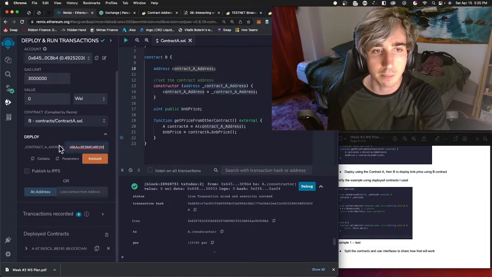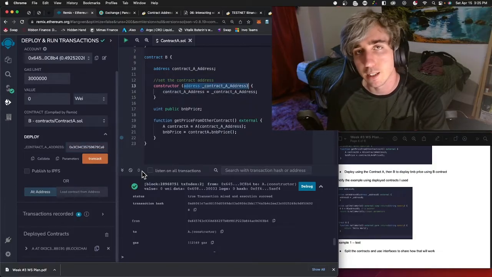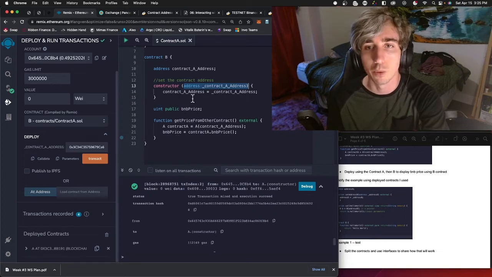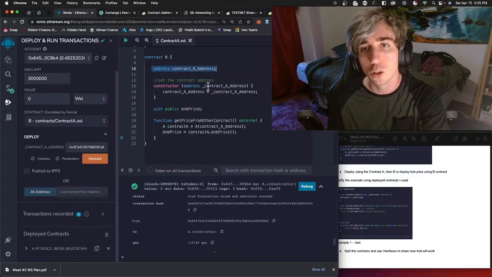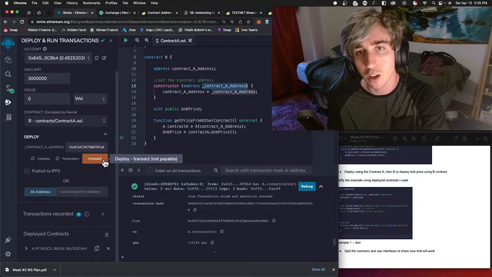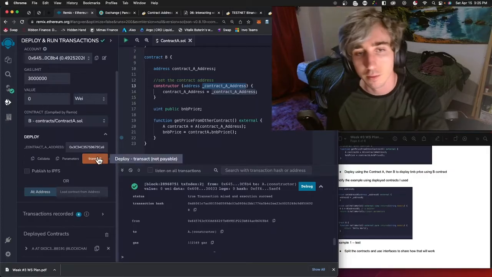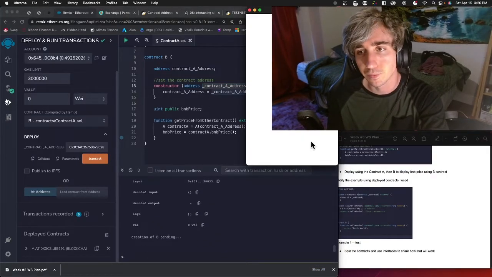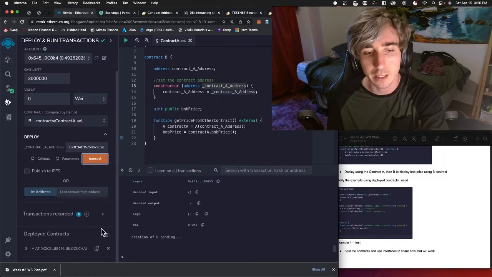So before it gets deployed, it's expecting right here that I'm passing in an address. And what I'm doing with this address is setting this address variable in contract B to the address that I am passing when I deploy the contract. And then after that, once I transact and I deploy this contract B,